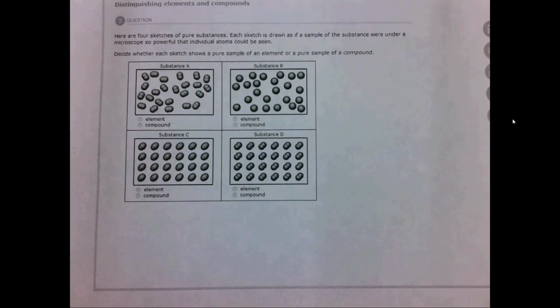In this question, we're asked to distinguish elements and compounds. The periodic table is a listing of all elements known to man, and there are approximately 110 of them on the periodic table. A compound is two or more elements combined together. So every physical thing you've ever seen is made out of these 110 elements, but different combinations of these elements